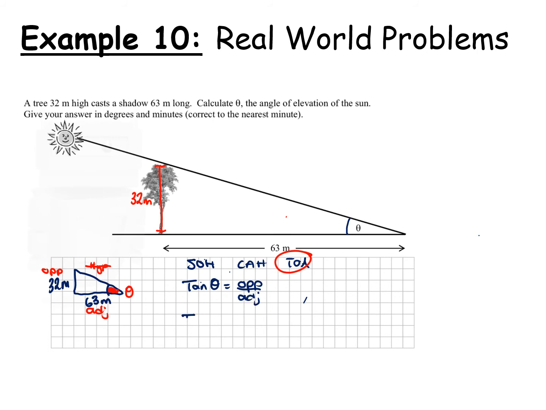So my tan of theta in this case is 32 over 63. So to work out the angle, we use what's called the inverse of the trigonometric ratio. In this case, it's going to be tan inverse of 32 over 63, which we can put into our calculator. And that gives us